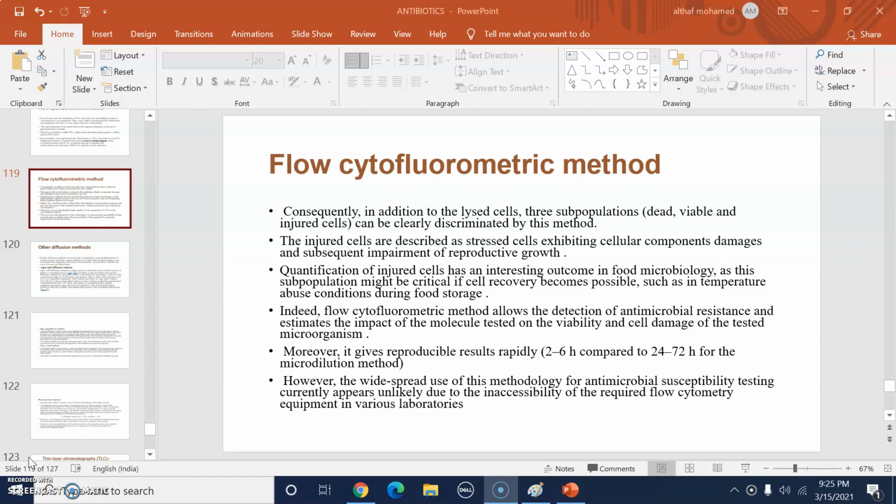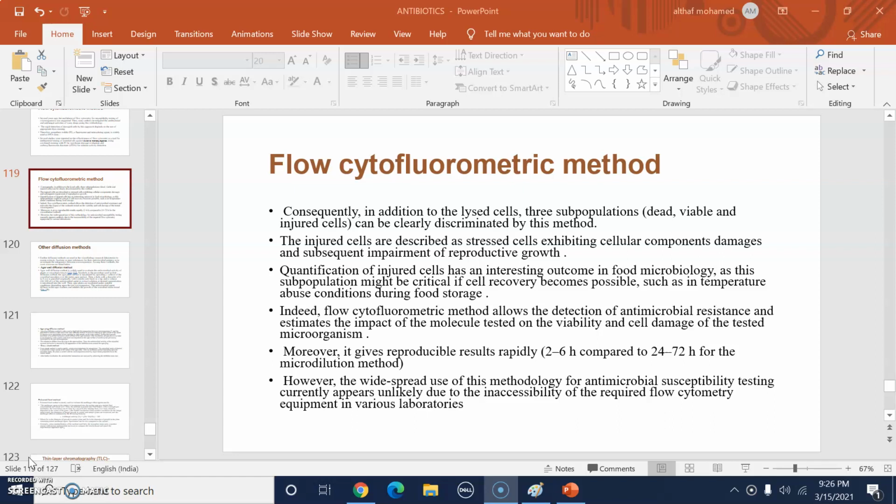Yesterday we discussed the flow cytofluorometric method, which is used with lysed cells of three subpopulations: dead, viable and injured cells, and these can be clearly discriminated using this method. Injured cells are described as stressed cells which exhibit cellular component damage. Then the quantification of these injured cells is an interesting outcome, and this